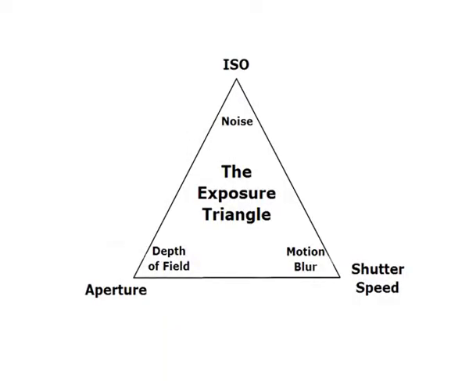The third element in the exposure triangle is ISO. The ISO signifies the sensitivity of the camera sensor to light. If your camera has a low ISO number like 100 or 200, the camera is not very sensitive to light, and so you have to open up your aperture or opt for a slow shutter speed. And if you increase your ISO, your camera becomes more sensitive to light, and as a result we get noise